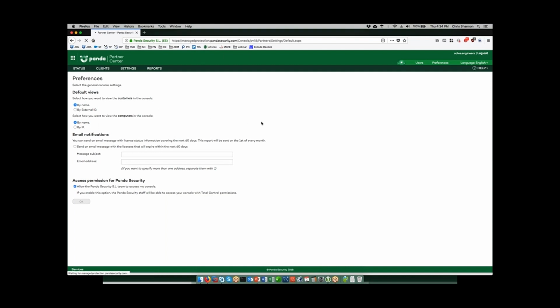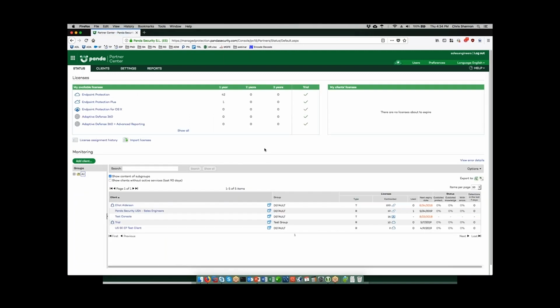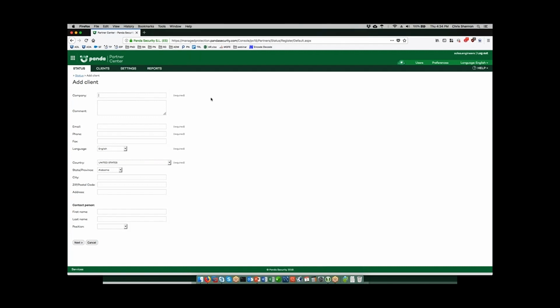So from there, let's go ahead and take a look at a couple of different scenarios that you may encounter as you're out there with your customers. One of the first ones I like to do is take a look at the process of adding a new client. So you've been talking to someone, they're finally interested in going ahead and trying out the product, so they want to try out AD360. So what you would normally do as a partner would be to come in, click on the Add Client button, give them a name,